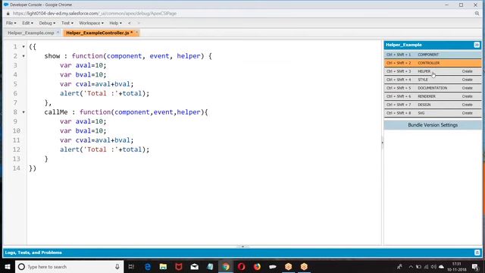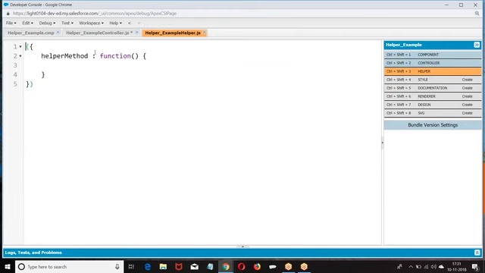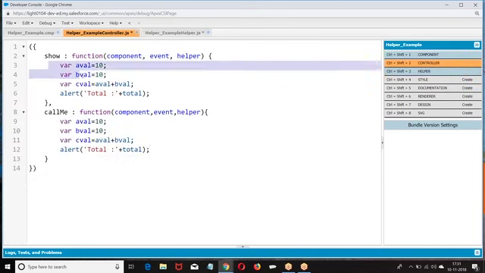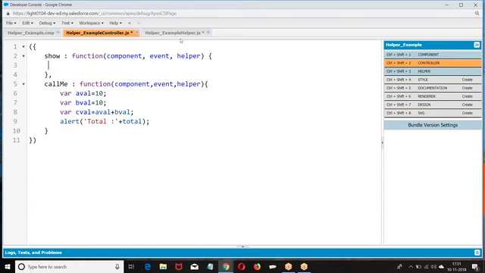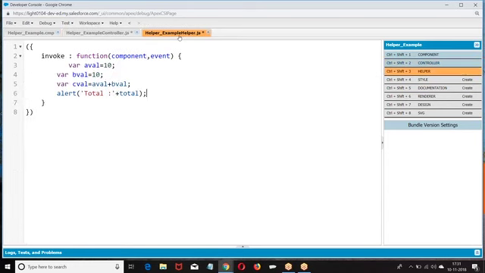You can go to the helper, invoke, I can give component event. Then instead of writing the functionality here, I am writing the functionality in the helper.